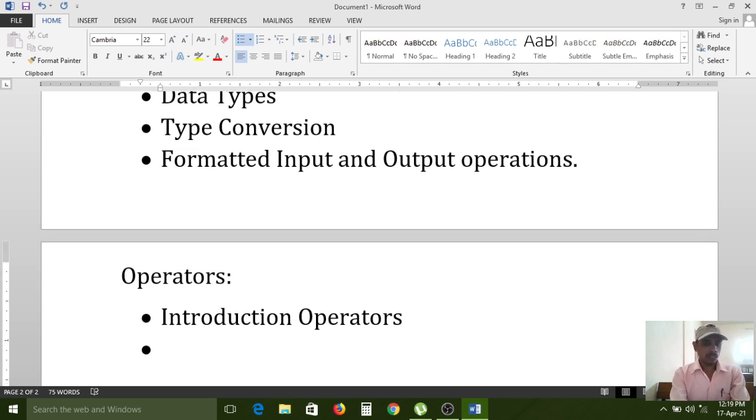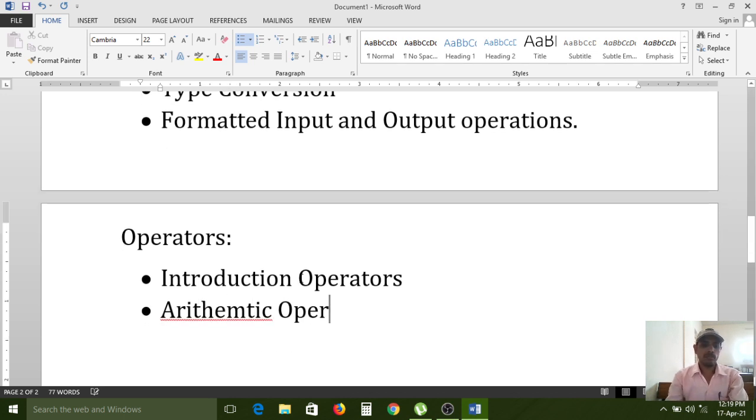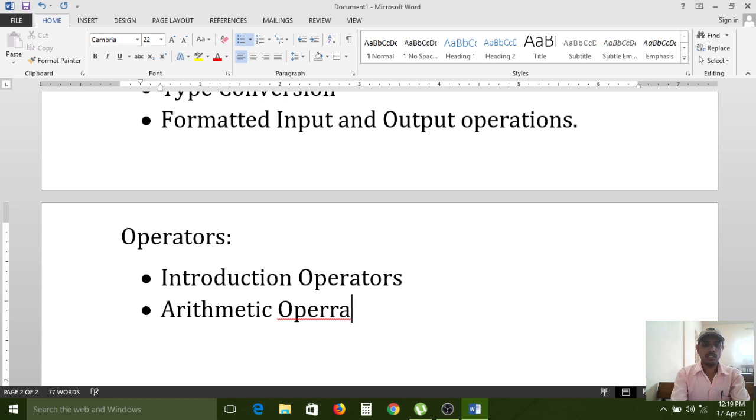Next, arithmetic operators. Next, relational operators.